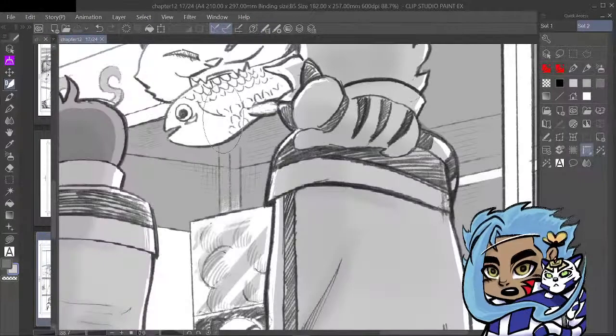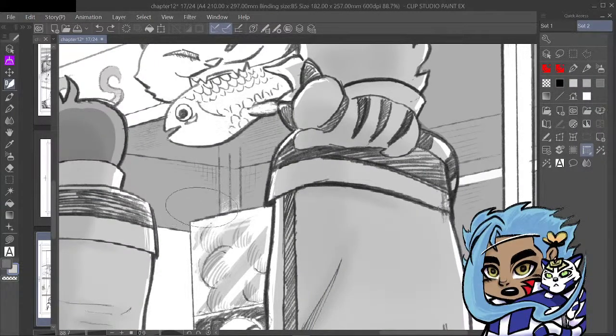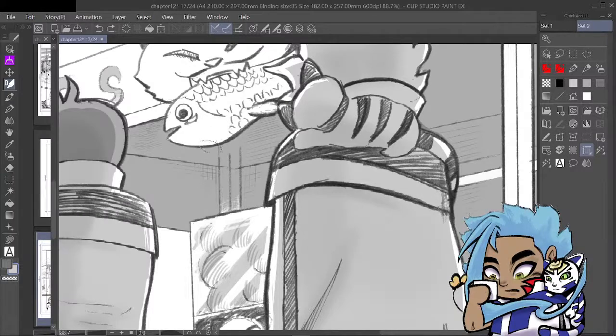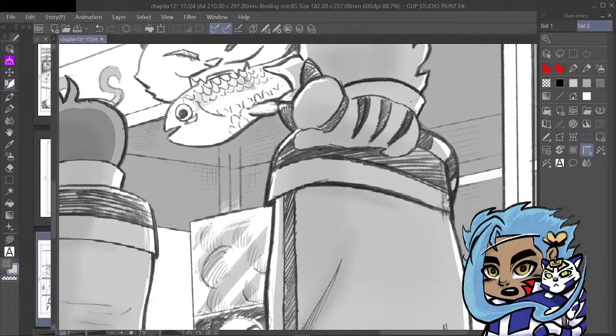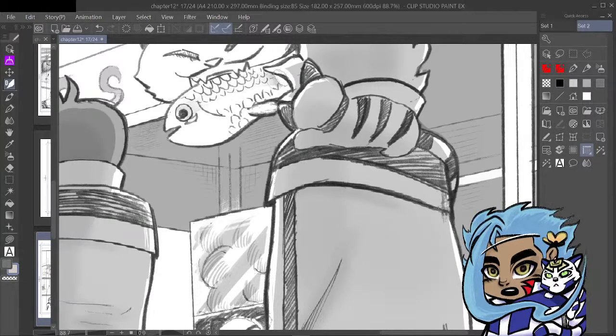I'll try this. This looks fun. Alright, yeah, I like that. That's pretty cool. So, these usually... this brush actually feels interesting. Oh, it does this thing. So if I do it slowly. Ah, yes. Cool.